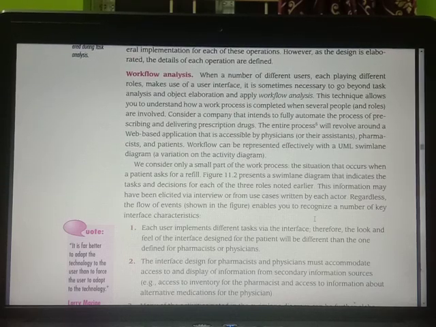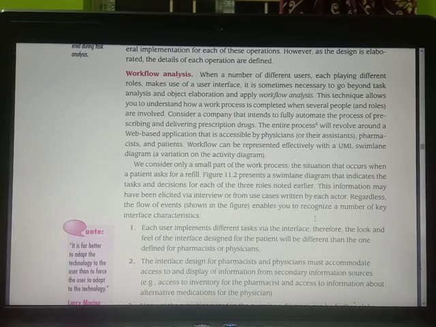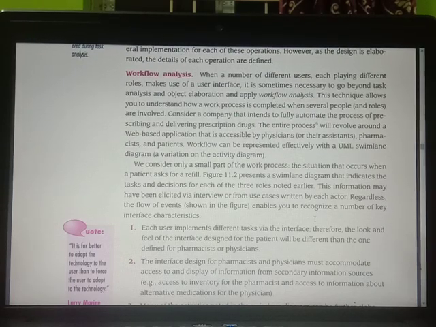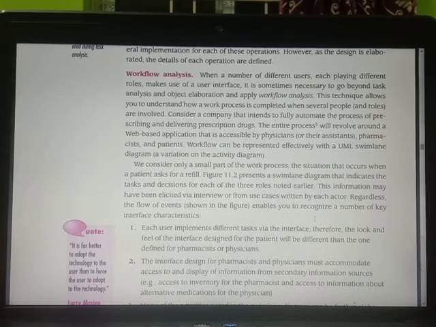So consider a company that wants to fully automate the process of prescribing and delivering prescription drugs. So that is the medicines. The entire process will revolve around a web-based application that is accessible by physicians or their assistants, pharmacists and patients.